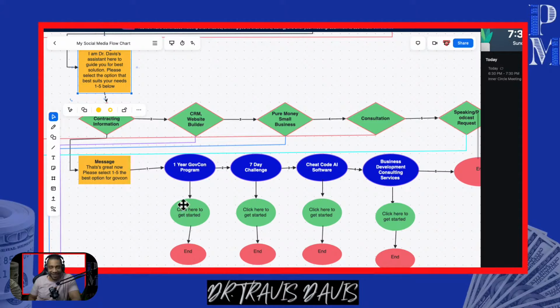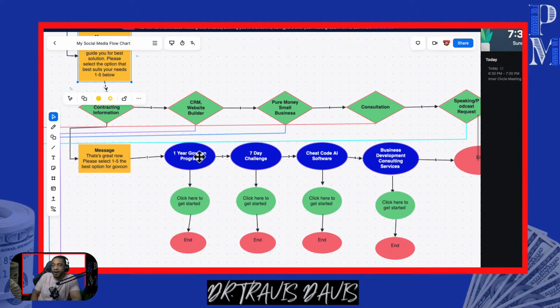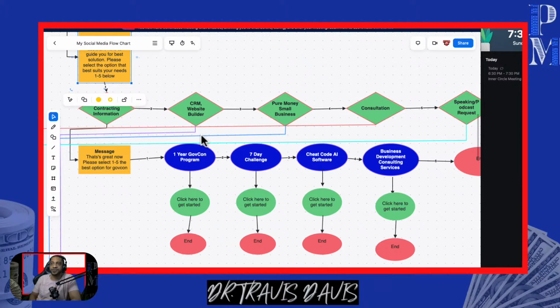What do you think the get started link goes to? My funnel. So now you can see if you have an arm right here for your 1-year GovCon, you need to have a funnel. The funnel needs to have an opt-in page. Once it has the opt-in page, it needs to have an order form sales page, all in the same page. Once it has the order form sales page, after somebody buys, they need a thank you page. See, these are small things that you could build out. This is just for my social media. If I was looking at my flow chart for my 1-year program, it would have all of that stuff flowed in. But I'm just talking social media right now. So we're going to give them the link.